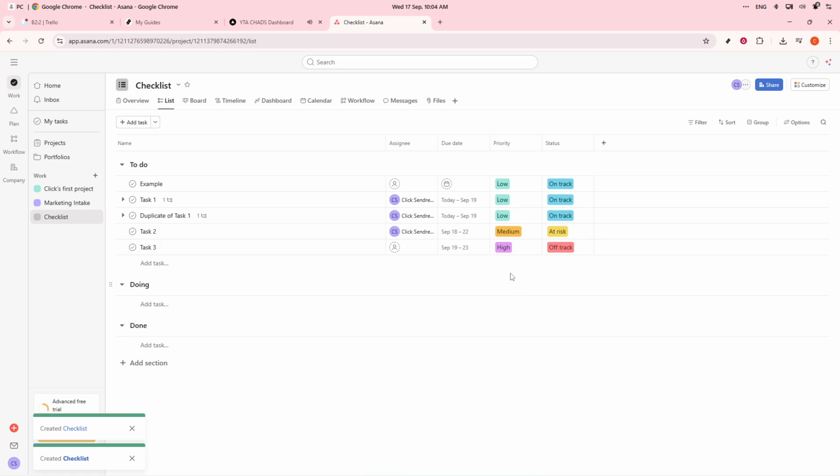Now that you have saved your project as a template, using it for future projects is simple. Click on Plus New Project and then choose Use a Template. From the template list, select the one you've saved. Instantly, Asana will create a new project with the same structure, saving you from reinventing the wheel each time. To make your template even more powerful,